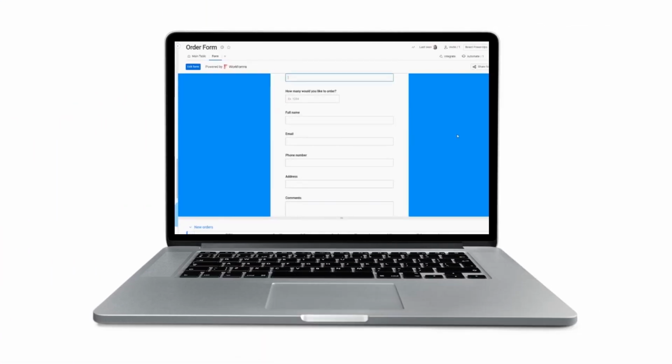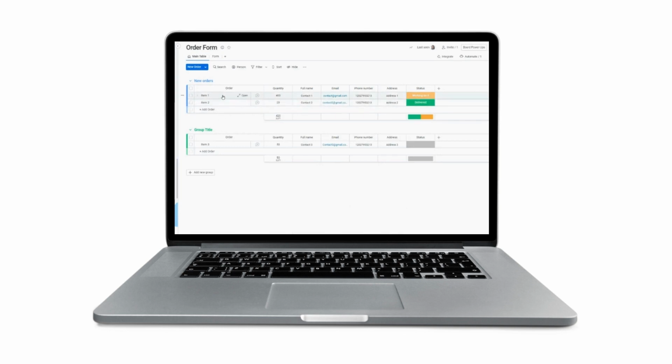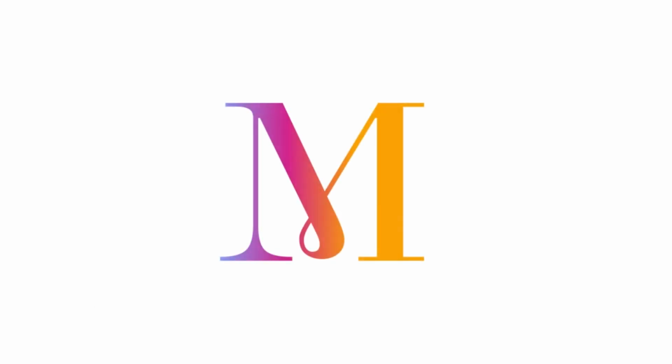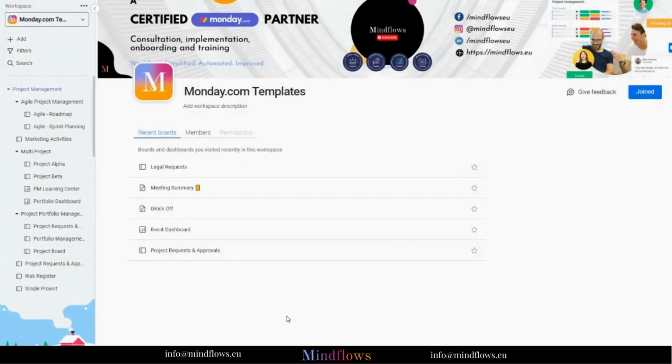Monday.com has a pre-built custom template where you can streamline all important order information. Forget the manual data entry, and we'll show you how to use a form to gather orders from your customers. So let's get going. With this template, you can save time, keep track of all your orders, and monitor order